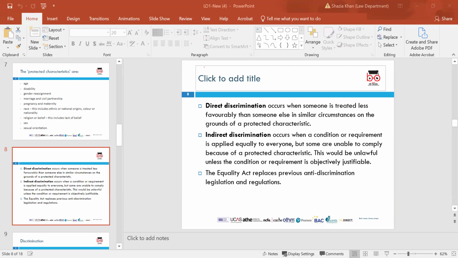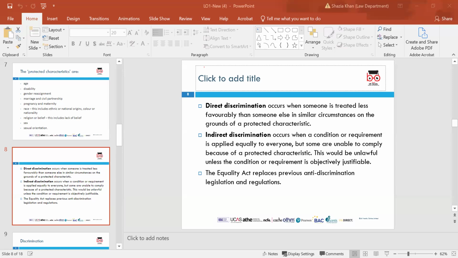So we've got direct discrimination, and this is when someone with a protected characteristic is treated less favorably than if they didn't have that protected characteristic. Direct discrimination can also apply when someone is treated less favorably because of it. It could be because of someone who has a protected characteristic, or someone who is wrongly thought to have a